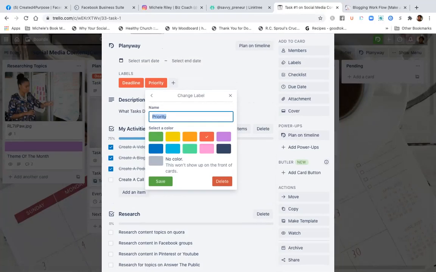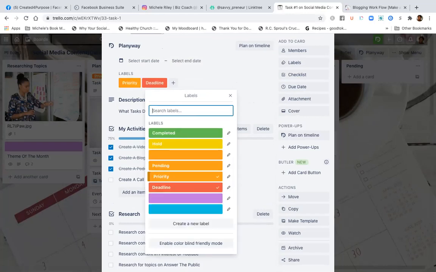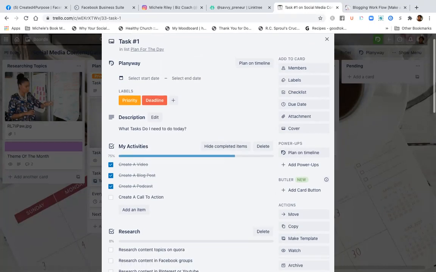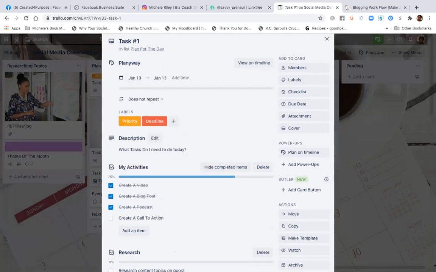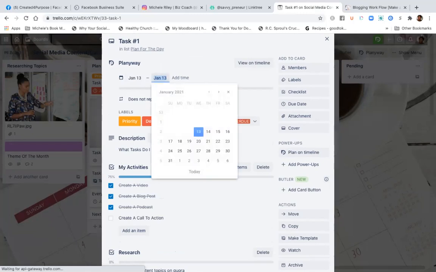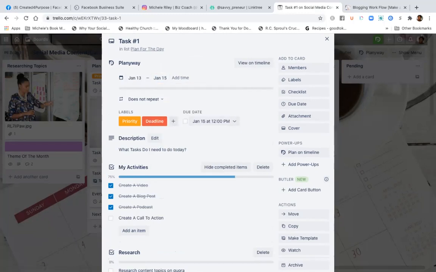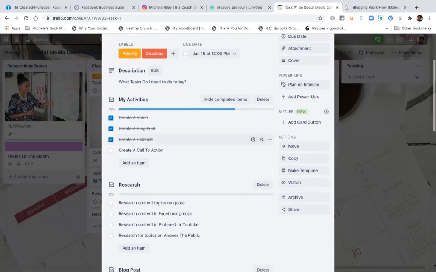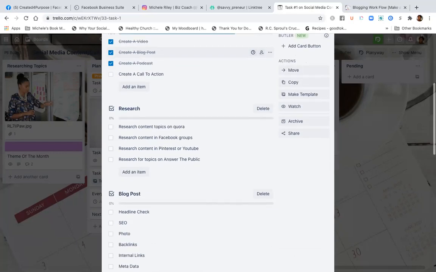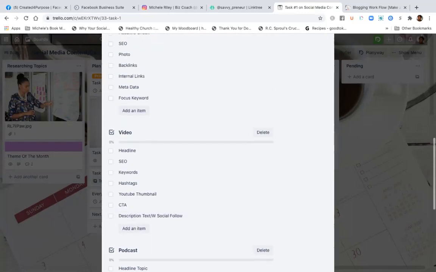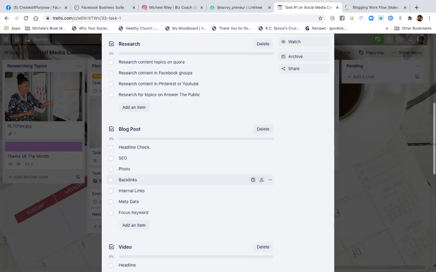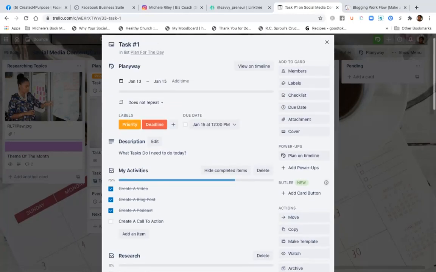They really don't give you too many options, but just so it doesn't look just like the deadline, we'll just do it like that. If I want to put a deadline, I'll just put a date and say, well, we're going to start today and we're going to make it a deadline of, let's say, the end of the week. So this way we know when whatever I'm doing right here is going to be due. This is a way to keep you focused and to make sure that you are doing each task that you need to do based on the goals that you set.